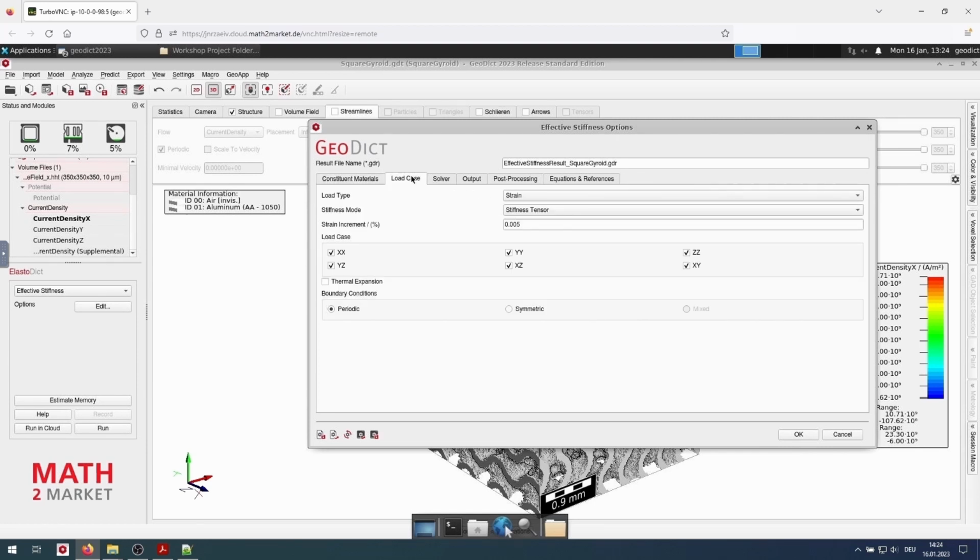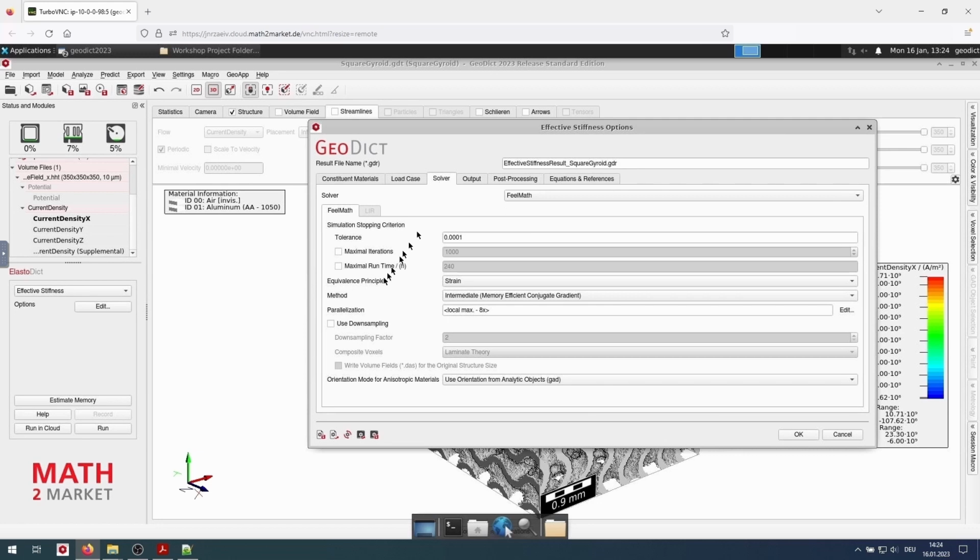Under load cases, we select the periodic boundary conditions, and we keep all 6 load cases. What ElastoDict does is that it calculates 3 normal strain experiments in X, Y, and Z direction, and shear experiments in YZ, XZ, and XY direction to compute the full elasticity tensor.